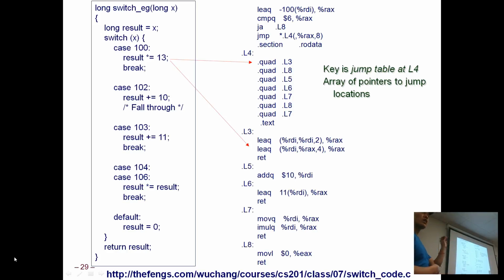You're going to subtract 100 off of x, the first thing through here. So what does that do? It offsets your label so that what's left over can be used to index into a switch table. You're offsetting it, clearing out the first 100 of it. Doesn't that actually change your result